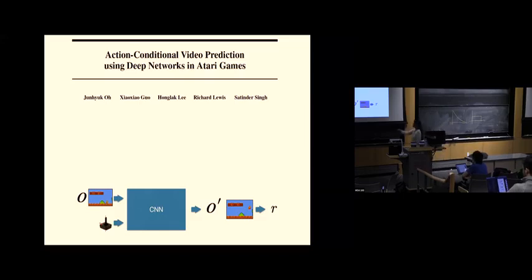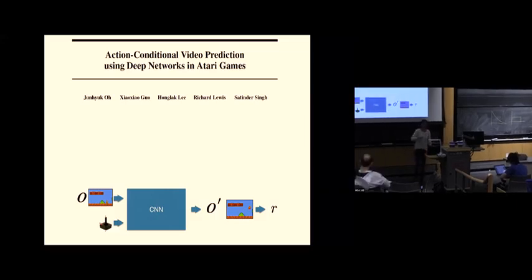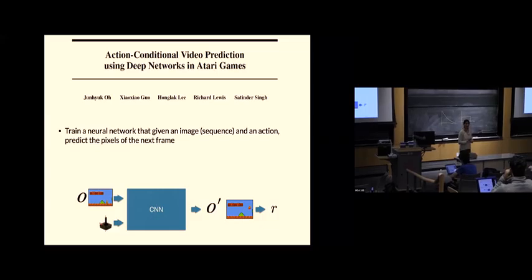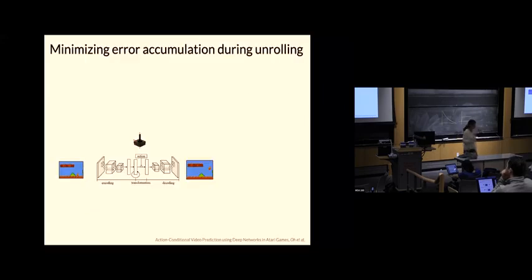And you see the very simple architecture: we take an image, we take one of the actions in Atari, we take the one-hot encoding of that action, and we feed them into a model, and then we predict the next image, right? And how are we going to supervise this model? You have an image, do that action, you get the next image, and you just train it supervised, like a regressor, right? Exactly. So given an image sequence and an action, it predicts the pixels of the next frame, and then this is ready.